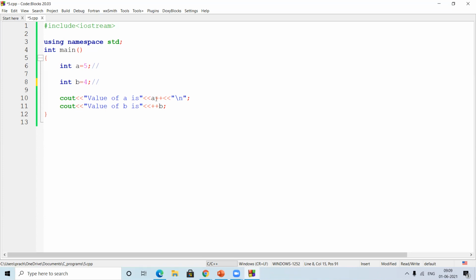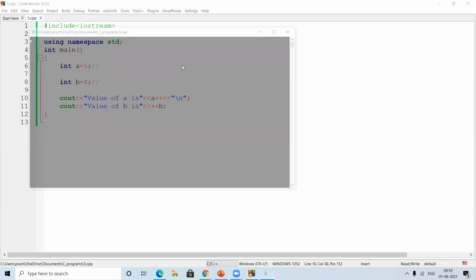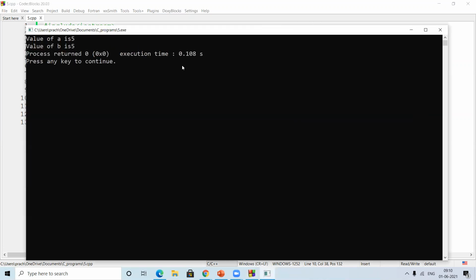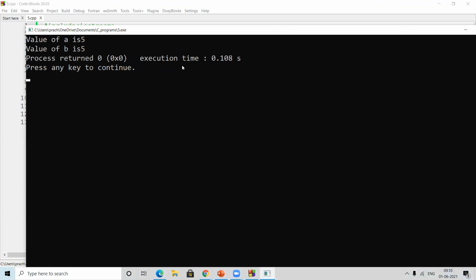The value of a is not going to increment until after the statement. If I write a again here, then it is going to reflect it. But right now we are just going to see what the difference is between post and pre. See, this should be 5 and 5. Are you getting the difference between post and pre?